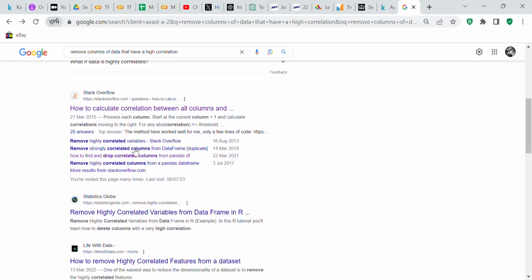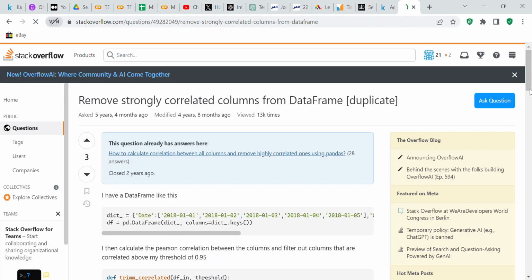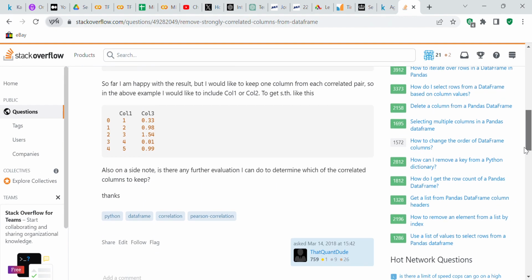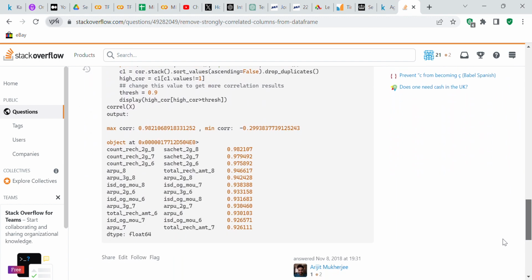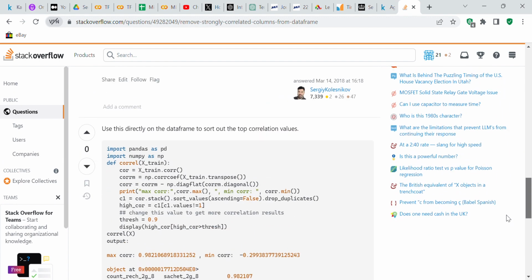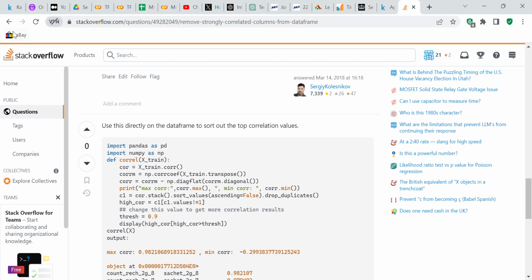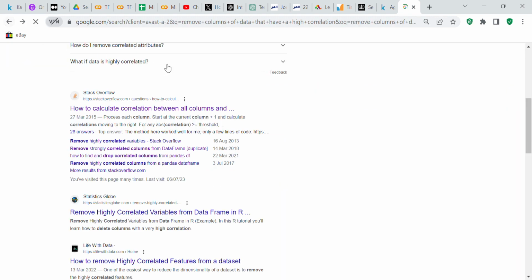Remove highly correlated columns. So here's some code to remove highly correlated columns. They give you different ways that you can do it. I think the way